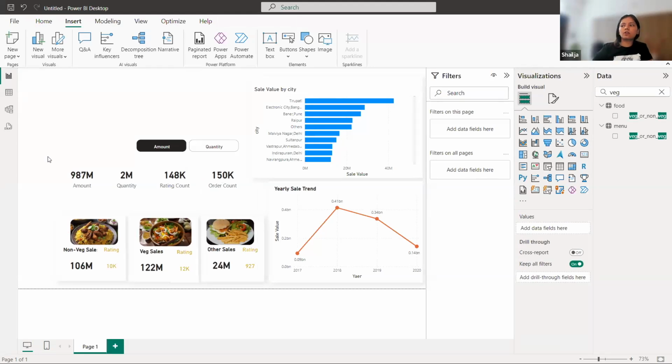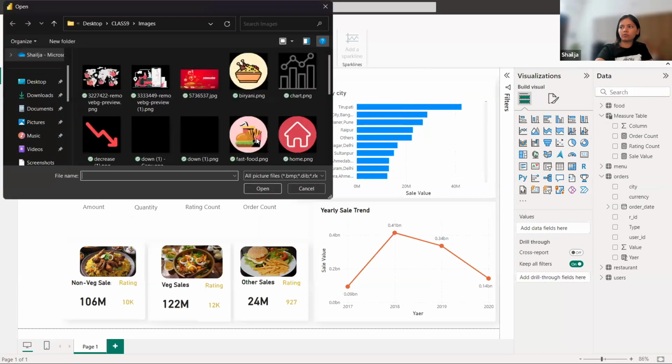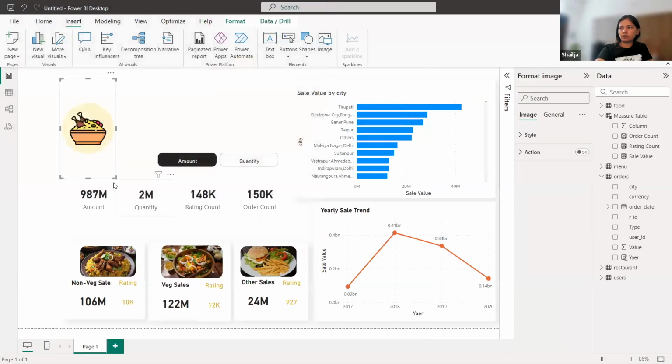on the same visual to make it look more interactive. And one second. What you can do is you can also add something on top of this. Let me just show you. I'll go to image again. I have some downloaded icons that you see. This is an icon for biryani. I'll just make it small and put it here